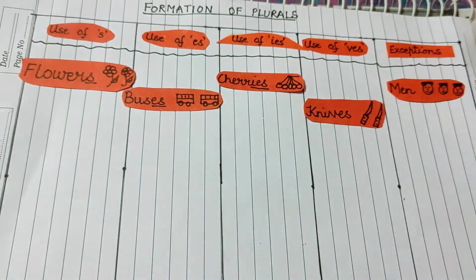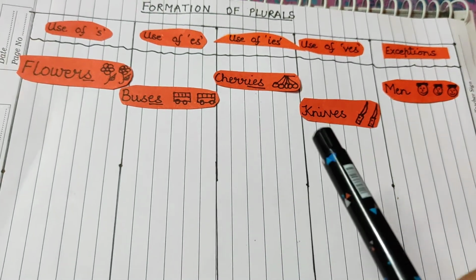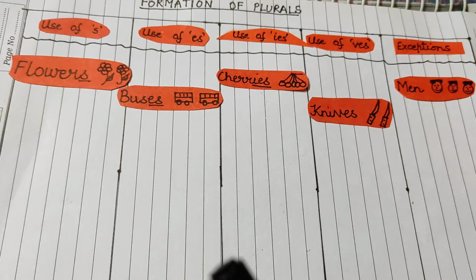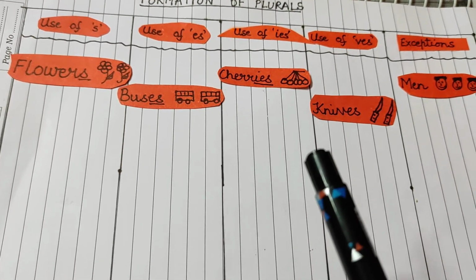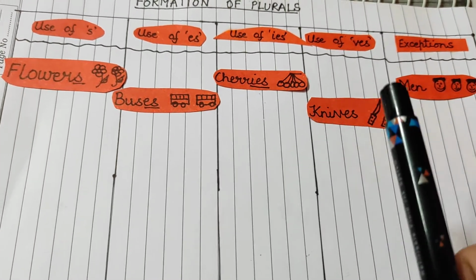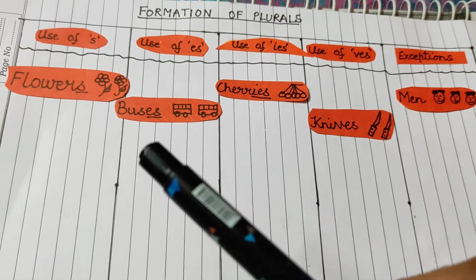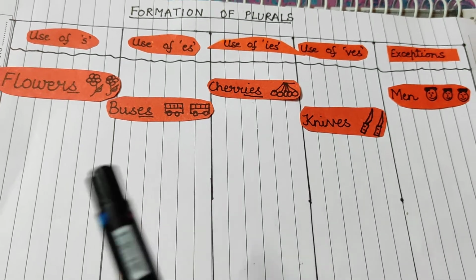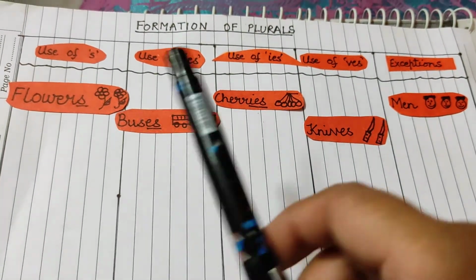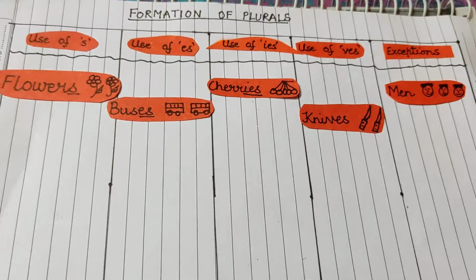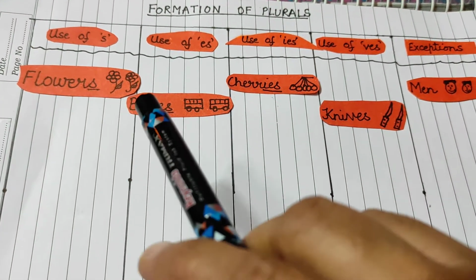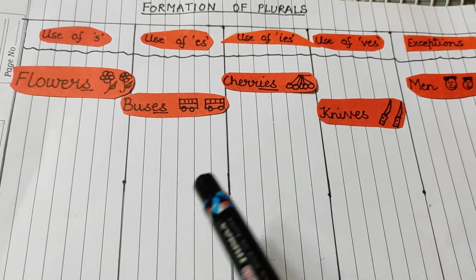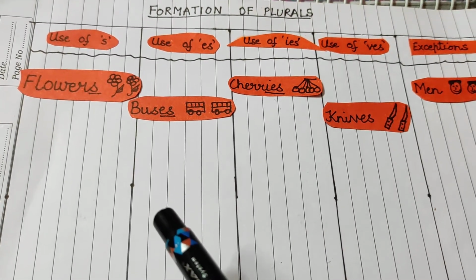And for the pictures, you just make small pictures just to clear the meaning. It's not that you have to draw them very nicely or very precisely. It is just an example to show that these are the rules of converting singulars into plurals, and from one table itself, it will be clear to all of you what the different rules are which we can use to form plurals. So I hope children you will enjoy doing this activity.